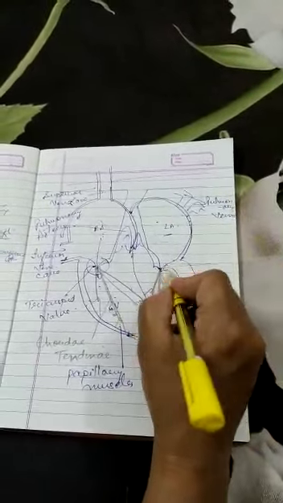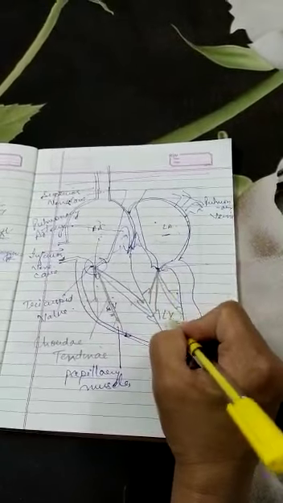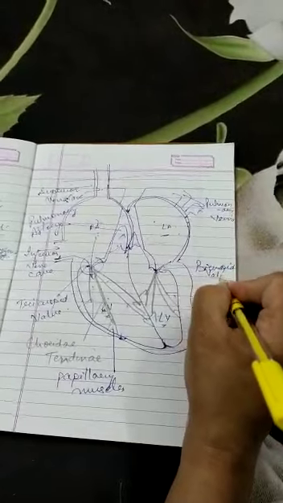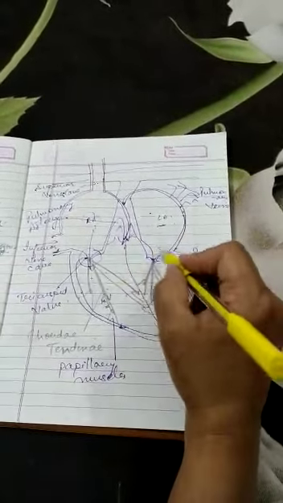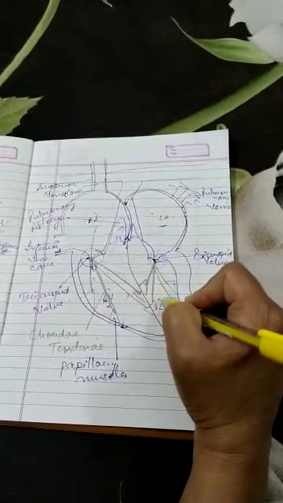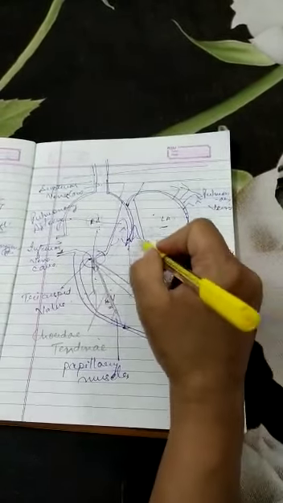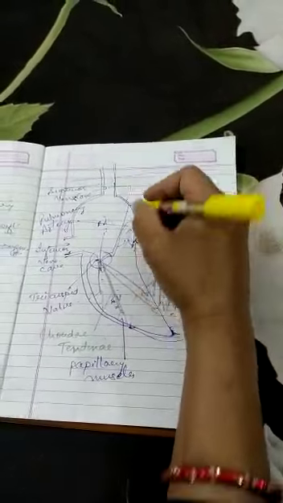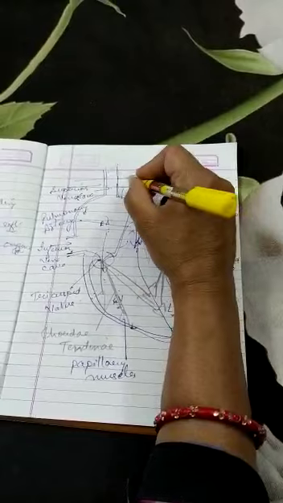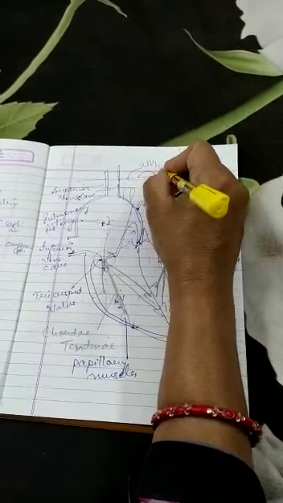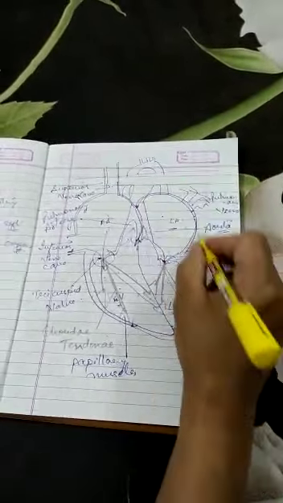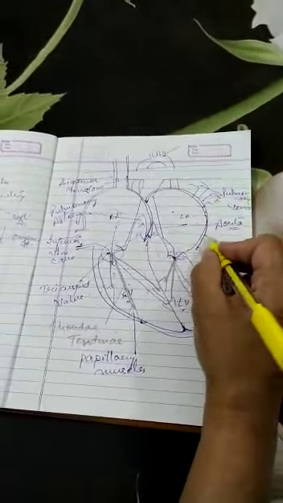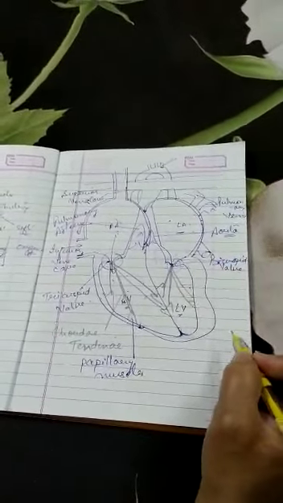The valve at the junction of the left auricle and the left ventricle is the bicuspid valve. When this step is closed, the blood from the left ventricle goes into this blood vessel called the aorta. The aorta is the largest vessel, distributing the blood to the entire body. Clear? This goes to the upper part of the body, that is head, neck and arms, and this goes to the lower part of the body.